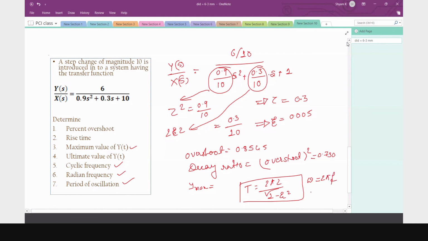Okay, what is T and f? 1 upon f, है ना? Likewise, calculate. And y max we can calculate by ultimate value a by b plus 1. Again, tell me tomorrow. ठीक है, ये कैलकुलेट